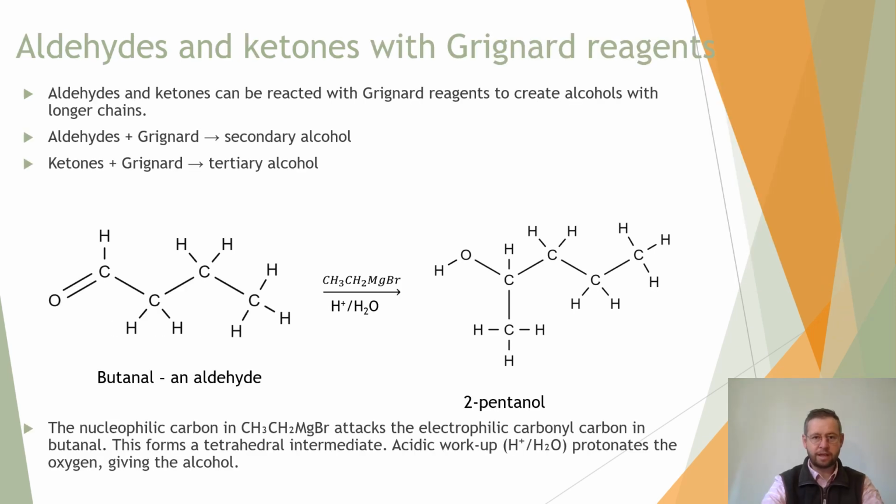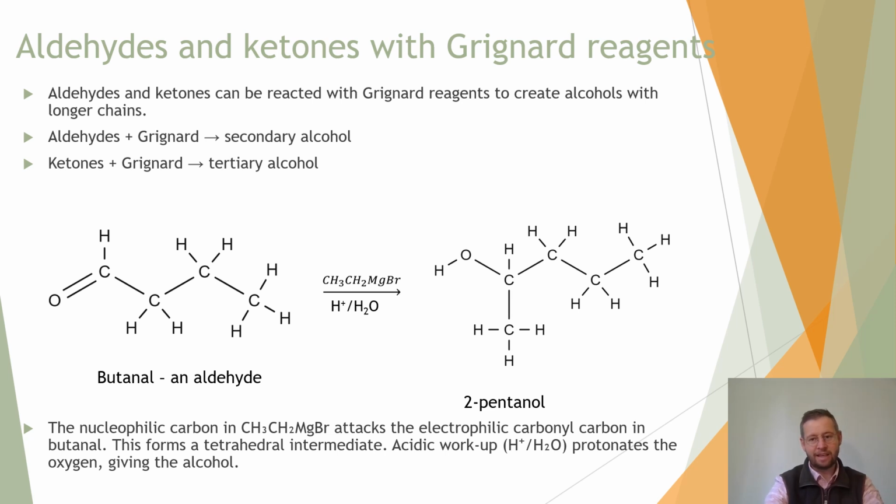The Grignard reagent is going to go in, and one of the things it's going to do is a nucleophilic attack on the carbon that is double bonded to the oxygen, whether that is mid-chain and it would be a ketone, or whether it's an end-chain one and it would be an aldehyde. The only thing that changes is that we snip the double bond, leaving just a single bond to the oxygen, and then attach another CH3 group. If it's an aldehyde and the carbon double bond oxygen is on the very end, like this butanal, then it's going to bond on that end carbon, which actually results in